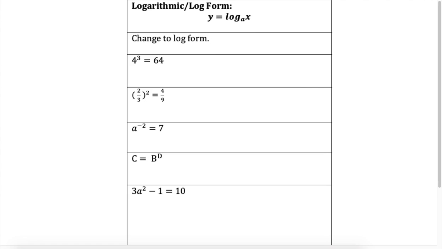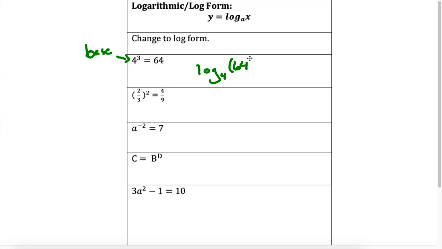Logarithmic form looks like this: y equals log base a of x. So what I'm going to do to change something like this into logarithmic form, the base of the exponential is going to become the base of the logarithm. The base in this case is 4. So to rewrite this, I'm going to start by writing it as log base 4. It looks like a subscript. We write that down here. So log base 4 of